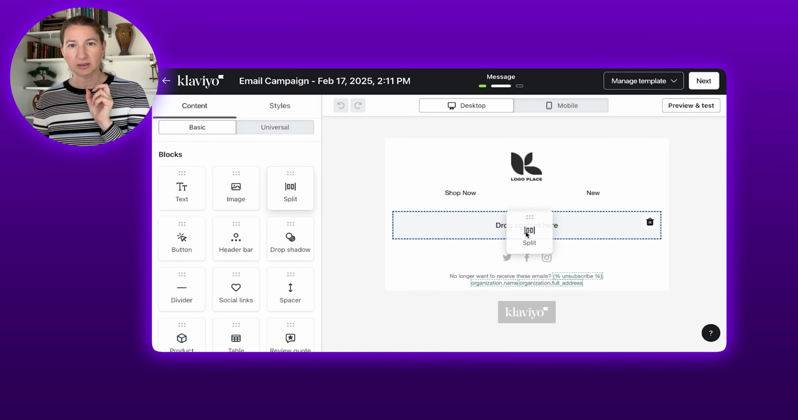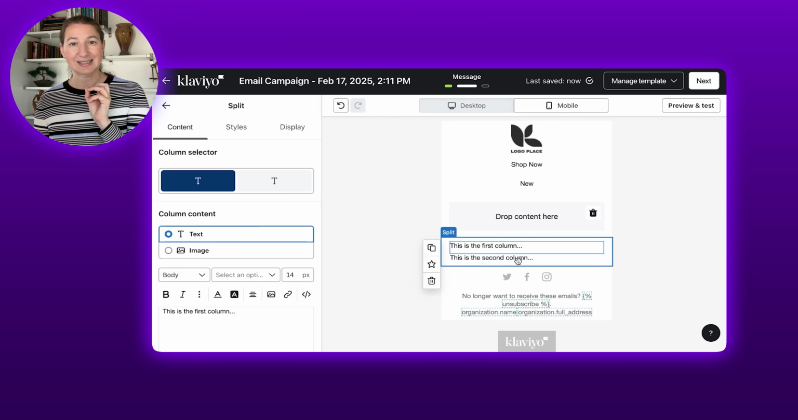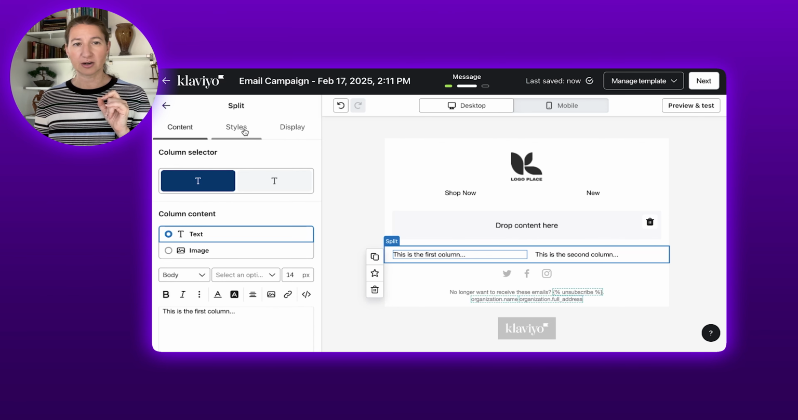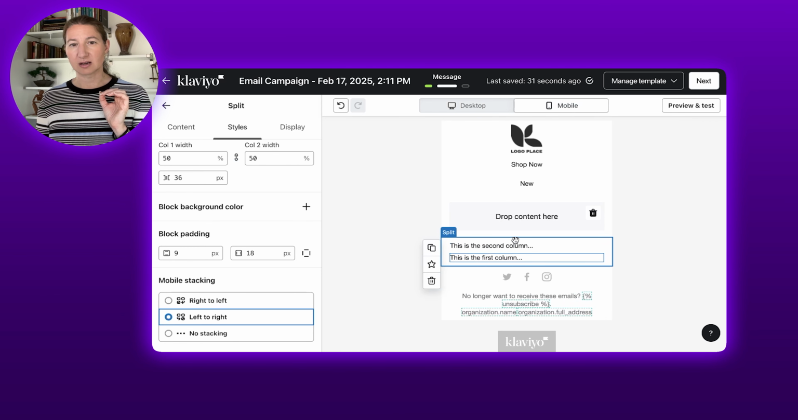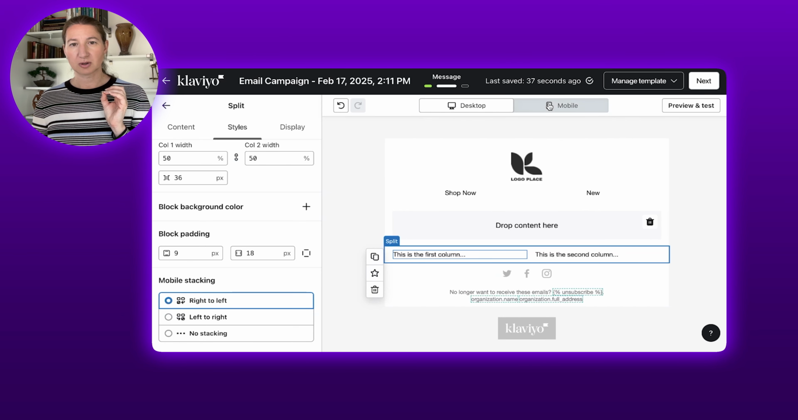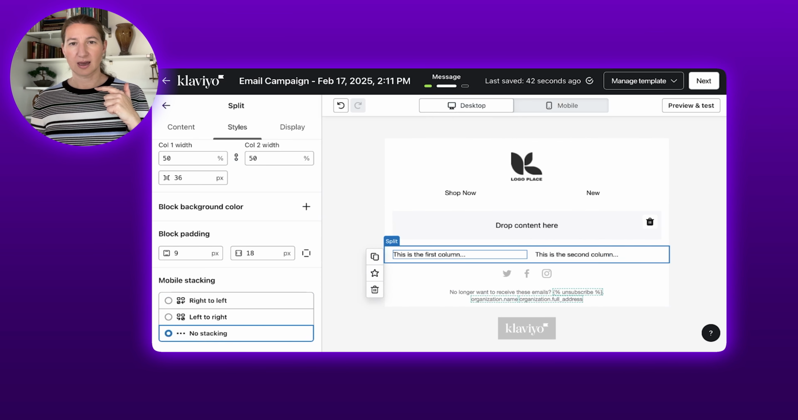Now, split would allow you to drop in some content and you can see it's 2 different columns here. And when I put it in mobile, you'll see they stack automatically. So you can control how these columns look and whether or not they stack and how they stack by just jumping here under style. And then you can see they stack right to left. They can stack left to right. So you can see the second column is on top now versus the first column's on bottom, versus right to left, which is what I showed you first, column one, column two, or you could say no stacking and on mobile,